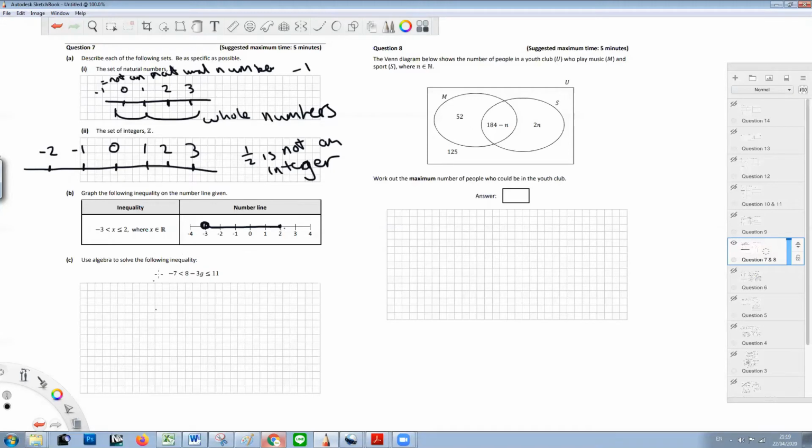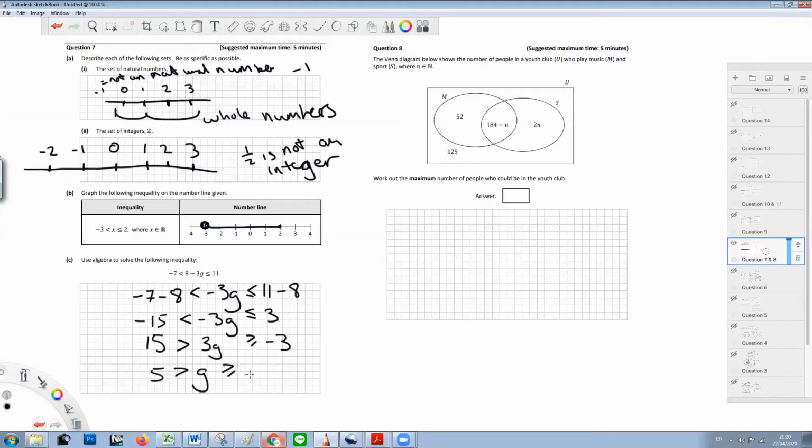Use algebra to solve the following inequality. So you just say -7, you bring any solid value across. So it's going to be -7 -8, -3g, 11 -8. Now I want to get rid of my minuses here, but I'll just do the calculation first. So I'm going to get -15, -3g and 3. But I want to turn this minus into a plus, so the signs are all going to change. So that's going to be divide everything by 3, so it's going to be 5g -1, and that's my inequality done. Okay,